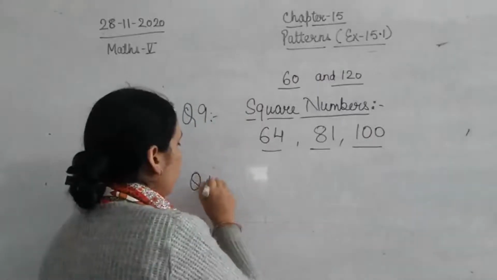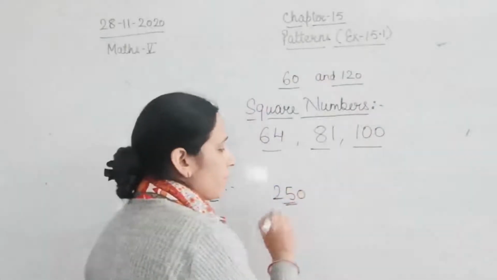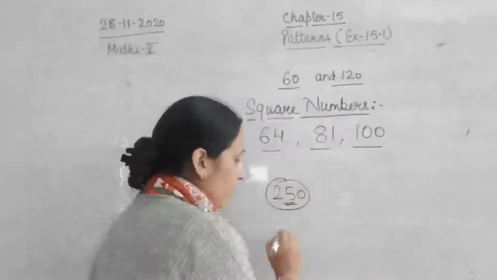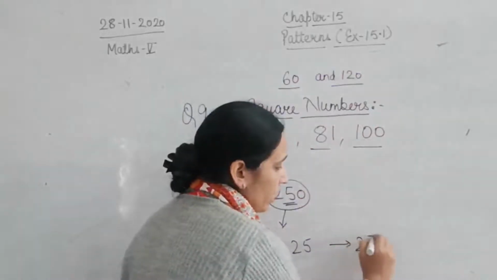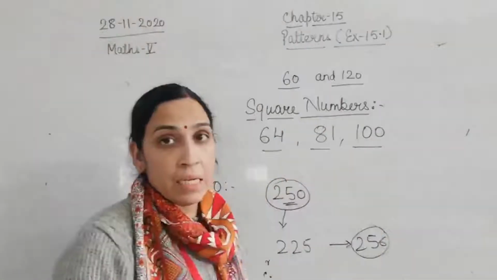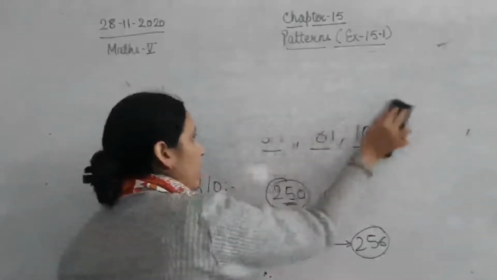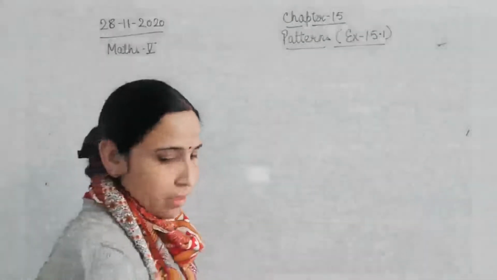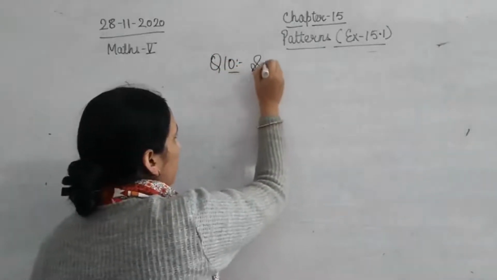Question number 10. Which is the least number that will be added to 250 to get a square number? Now the least number which will be added to 250. Actually, before 250 we have 225, and after that 256. So therefore, how you will write it in your copy, I will tell you just now, and in that way only you will write it in your copy. Question number 10. Smallest